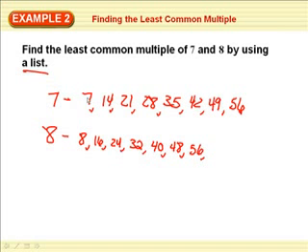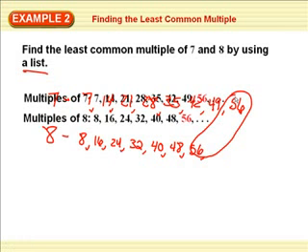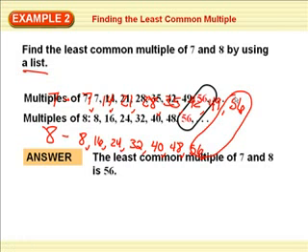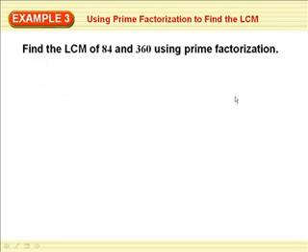And 56. 7 times 1, times 2, times 3, times 4, times 5, times 6, times 7, times 8. So the least common multiple of 7 and 8 would be 56. In other words, 56 is the smallest number 7 and 8 can both go into. 7 goes into 56 8 times, 8 goes into 56 7 times. So there they're listing out the multiples, and then they stopped when they got to 56. Okay? Now, another way to do